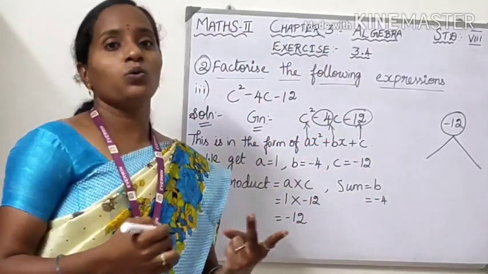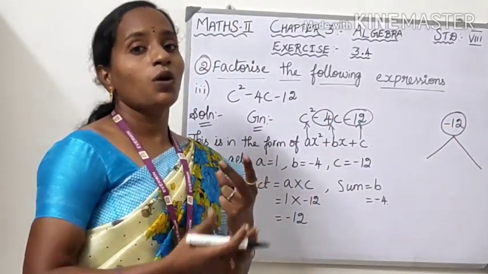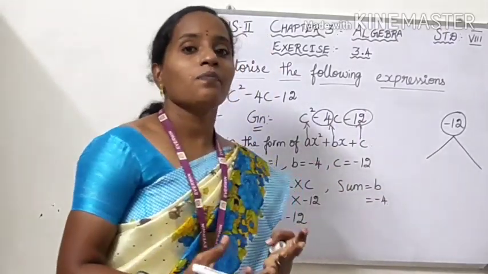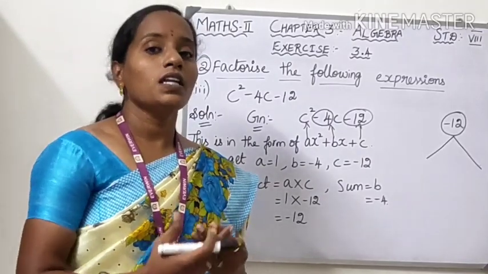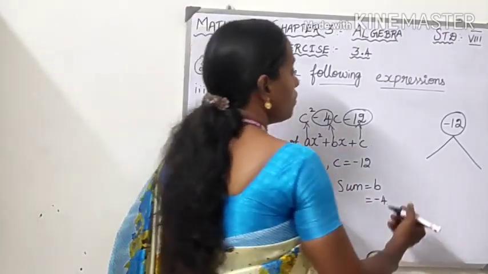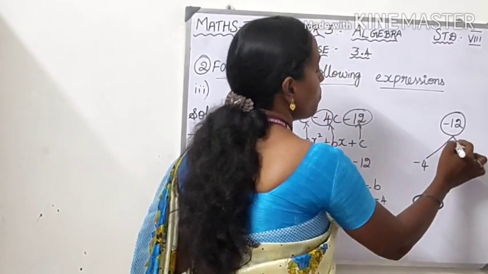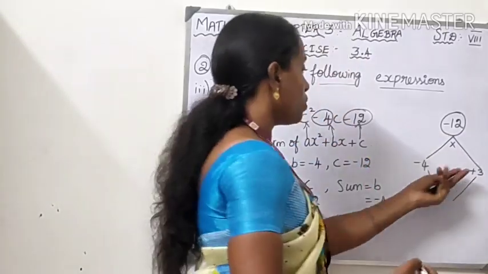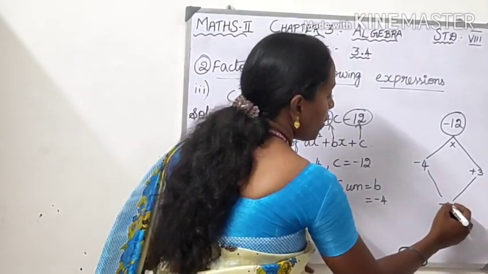So when you take any two integers, here we have a negative number. So when you take any two integers, when you are multiplying, you have to get the value as minus 12. The same numbers you have to use to do the addition or subtraction according to the symbol. Then you have to get minus 4 as your answer. Now let us try with this minus 4 and plus 3. So when you multiply these two numbers, what is your value? Obviously minus 12. Now let us do the subtraction. According to our symbol, it has to be subtracted. So if you subtract these two numbers, what is your value? Minus 1.